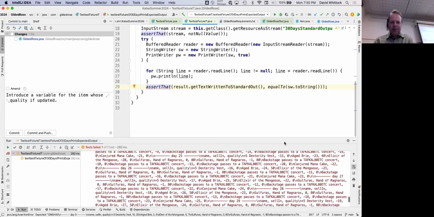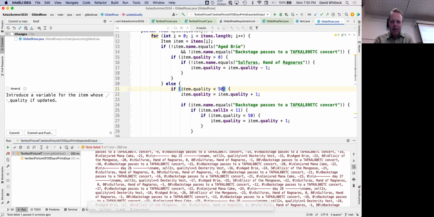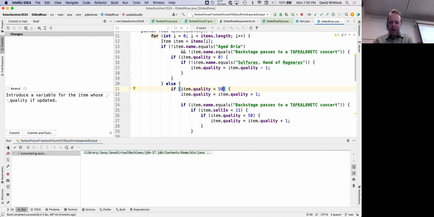Huh. Well, that's interesting. That broke something. I'm genuinely surprised. But let's make sure I got it right. So if I revert that, now it passes.